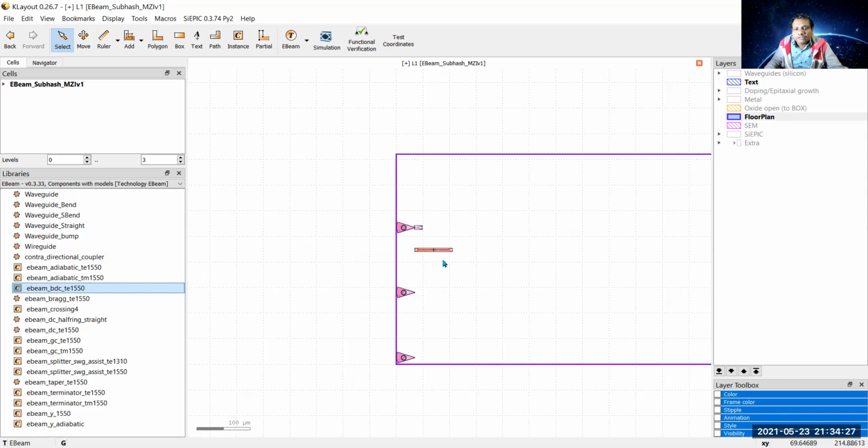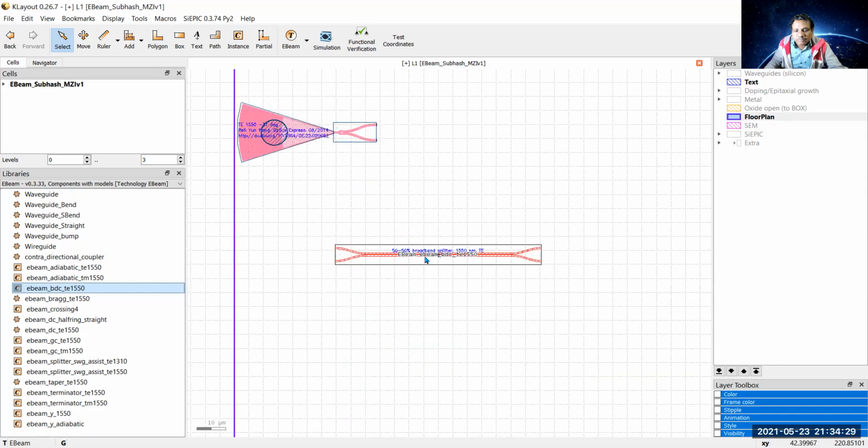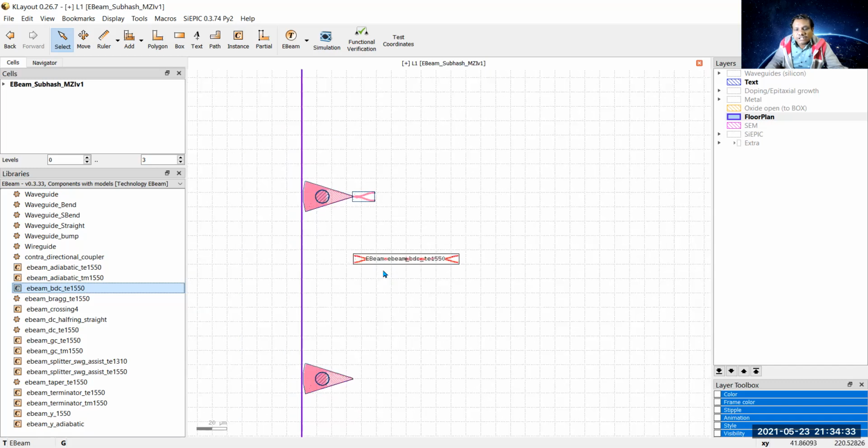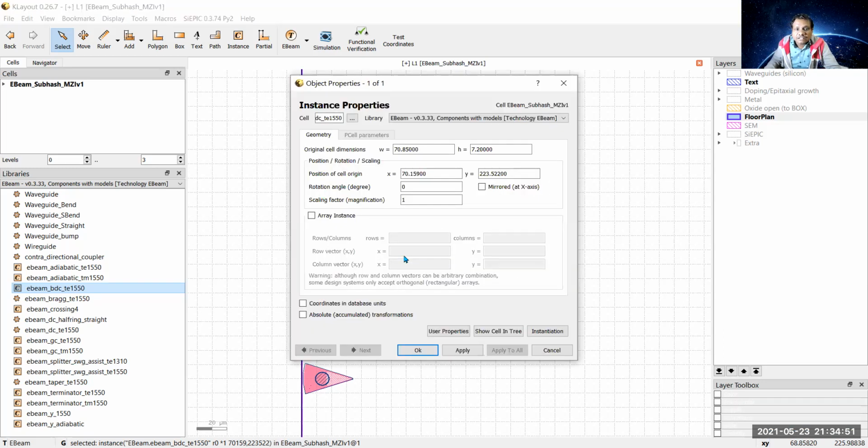So you see your broadband directional coupler is available. It is a 4-port device. It is presently in horizontal direction. I click, already it is selected. Let us click on it. And in order to change the orientation of this broadband directional coupler to vertical direction, first I press the Q button so that its instance property is visible to us.